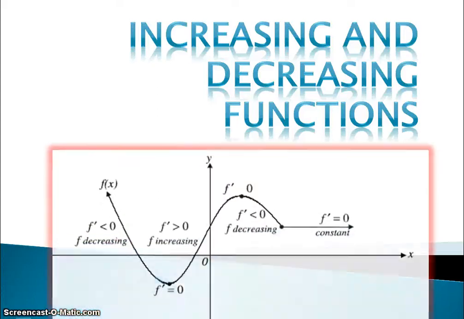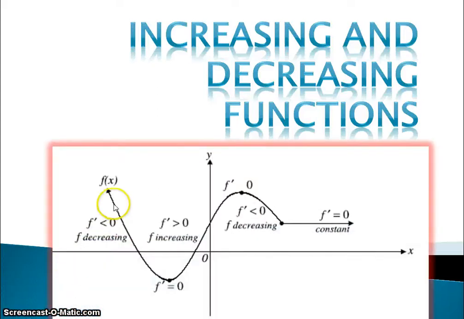Increasing and decreasing functions. To determine whether a function is increasing or decreasing, we have to study its first derivative. If the first derivative is less than 0, or in other words, the gradient of the tangent is negative, we say that the function is decreasing. If the gradient of the tangent is positive, as along this interval, or the first derivative is positive, we say it is increasing. In those instances where the first derivative is 0, especially at the turning points, we say that